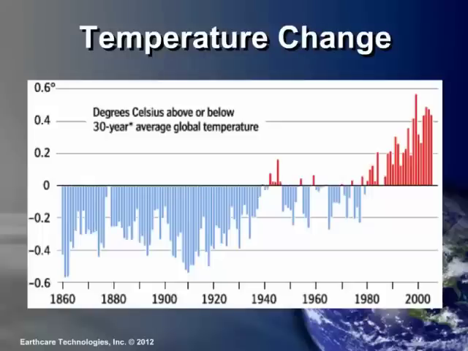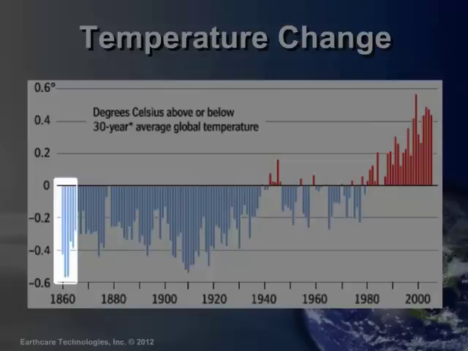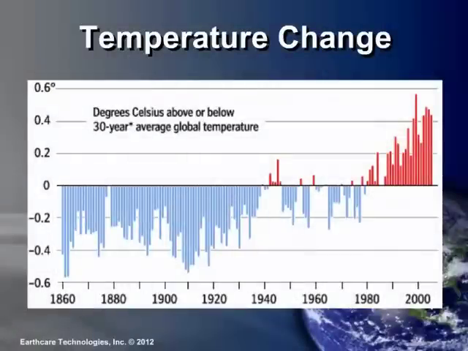Over the last century, there has been a dramatic increase in the temperature of the planet. In 1860, the temperature was over -0.5 degrees Celsius below the 30-year global average. Greenhouse gases such as carbon dioxide have increased global average temperatures by about 1.4 degrees Fahrenheit worldwide in the past century. If humanity continues to double the amount of atmospheric carbon dioxide, the Earth is estimated to be 4 to 9 degrees warmer by the year 2100.